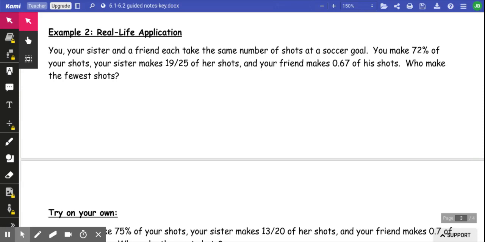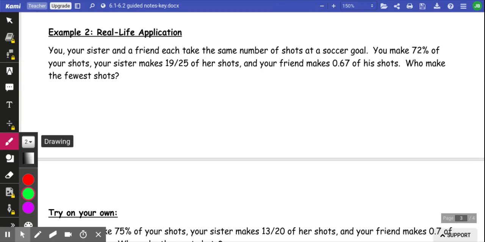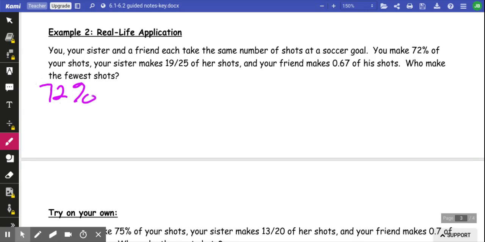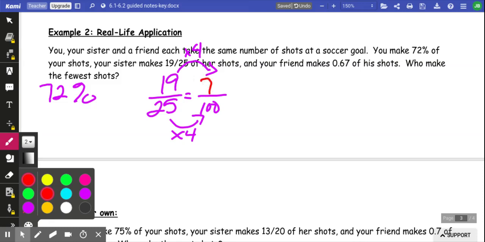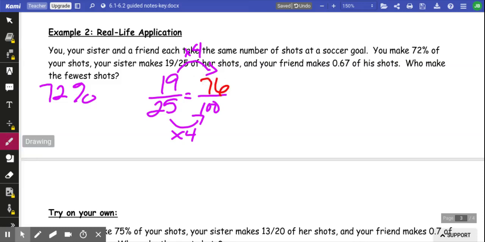So I need to turn this into a comparable set of data. I'm going to turn the 72%, we can leave it as a percent, or we can turn it into a decimal. I'm going to leave it as the percent. So I have 72%. I'm going to take the 19/25ths and turn it into a percent as well. And we know percents are always out of 100. And again, this one is pretty easy to turn into hundredths. So I'm going to be able to multiply the top and the bottom by 4. And that is going to give me 76 out of 100,